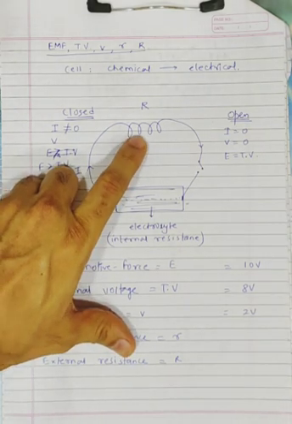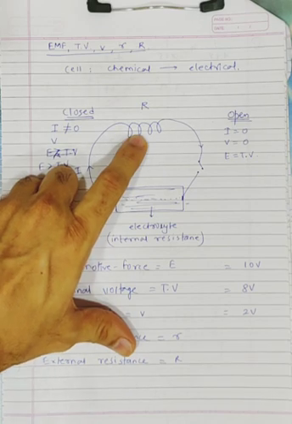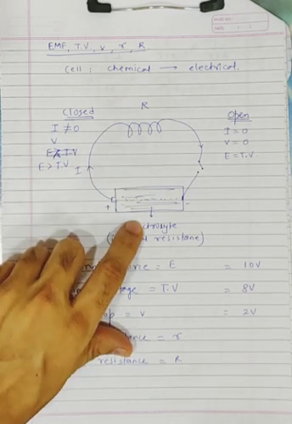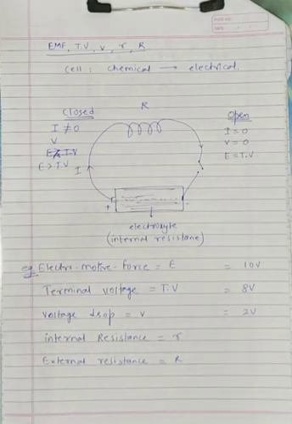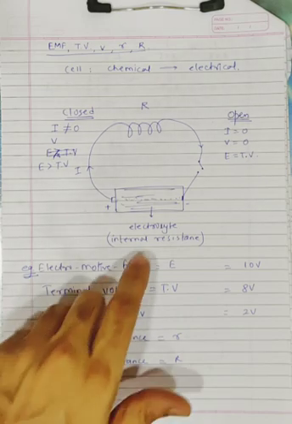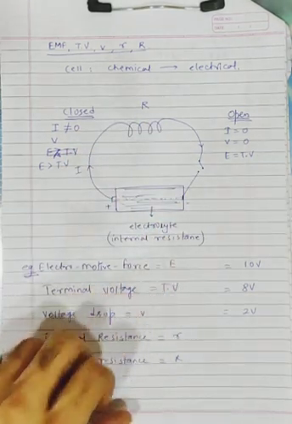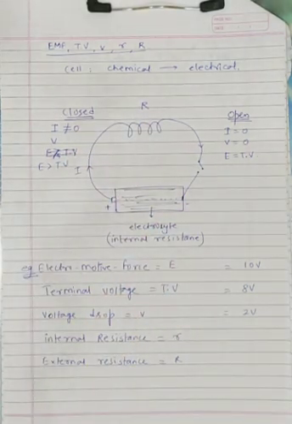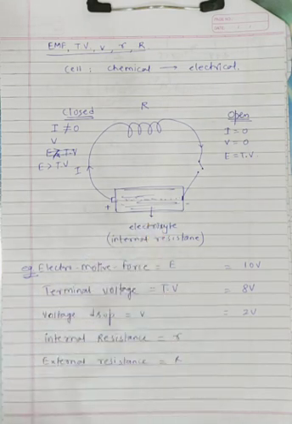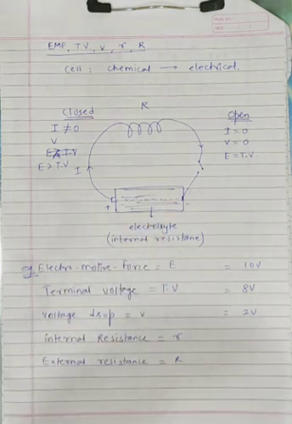If something is consuming energy over here, it's okay because we are using an appliance. We don't want a cell to consume our energy. The function of a cell is to provide energy, but at the same time it is consuming some energy to provide some energy. But it is by default. You cannot have a cell with internal resistance of zero. It's not possible, like how we had superconductors. Here it is not possible that you get small r equal to zero.